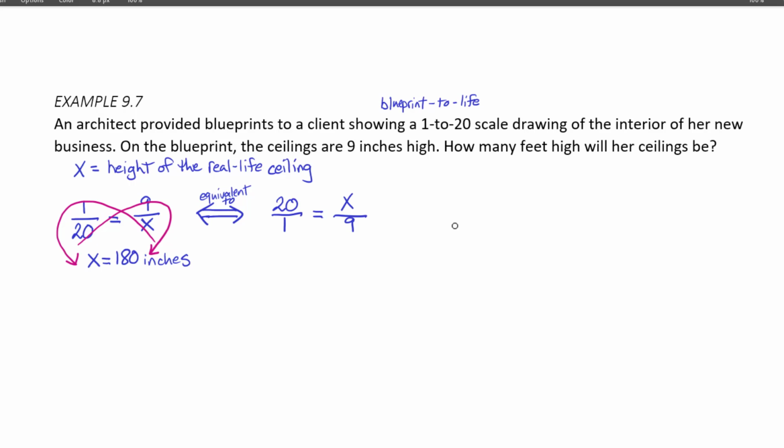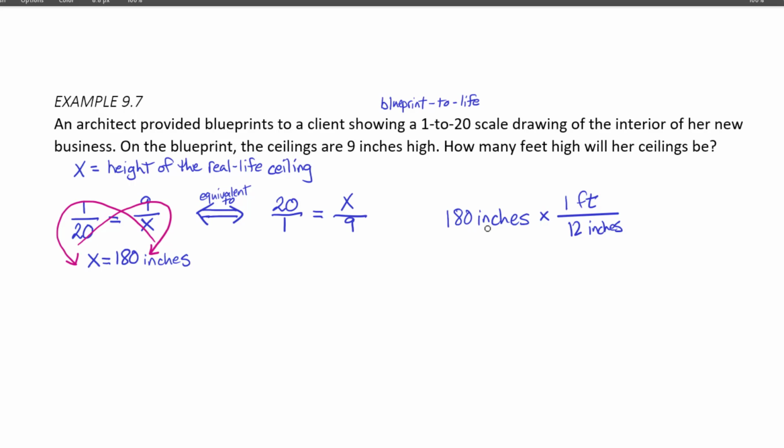ceiling be. We can use our idea from the units section about unit conversions using ratios. So we have 180 inches, and I'm going to set up a conversion factor that equals 1 when you consider the units. The conversion factor is going to have 1 foot on top because I want feet at the end of this, and 1 foot is equivalent to 12 inches. In terms of converting inches to feet, 12 inches is 1 foot.